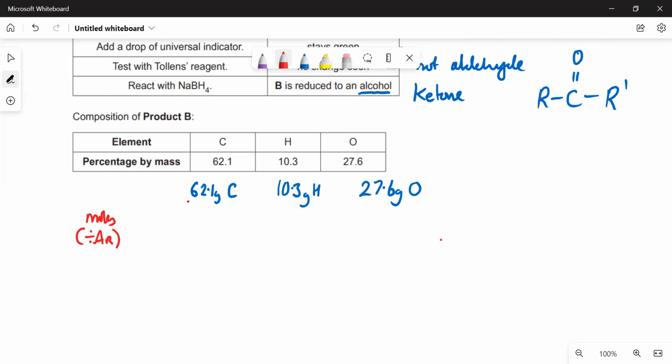So that's going to be 62.1 over 12, 10.3 over 1, and 27.6 over 16. So that gives us 5.175 moles of carbon, 10.3 moles of hydrogen. So we see probably got a 2-to-1 ratio going on there. And finally, 1.7 moles of oxygen. So we're going to divide by the smallest number there,